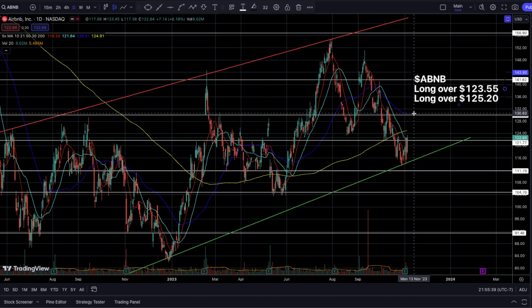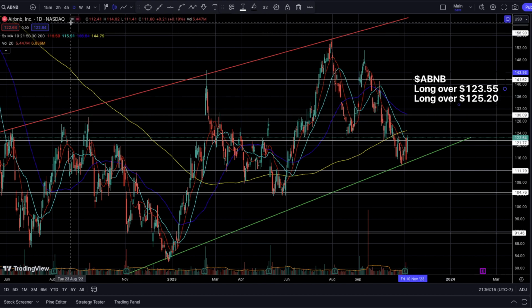And if the price decides to move up higher, I'm going to be expecting the daily 200 SMA to slightly curl up higher and hit 125, and then from that point forward, it's going to act as a level or an area of resistance. And once the price is able to get back over the daily 200 SMA or 125, we should be getting a nice long-term entry point and a nice vault to run up as the price gets an influx of buyers over 125.20. And that is the reason why I gave you guys this secondary entry point.